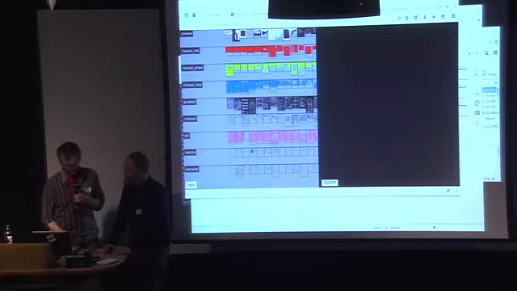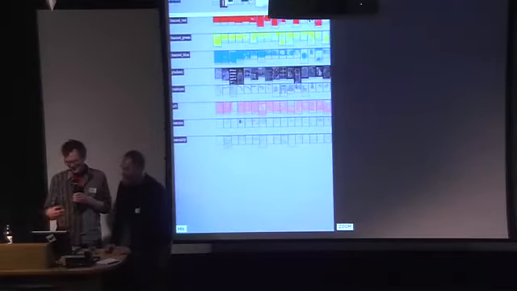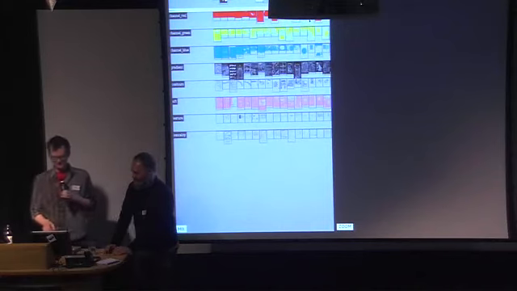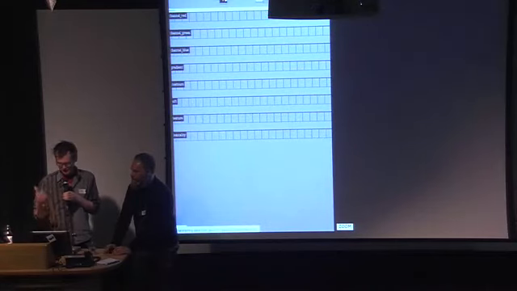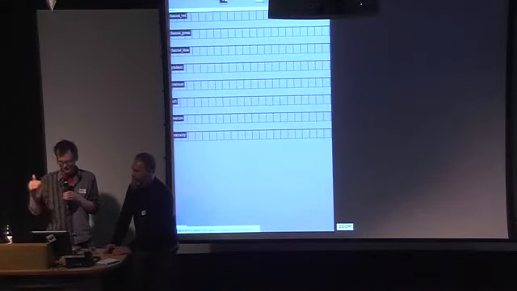Then, so this is an interface. We made a kind of interface where we wanted to look at images in their layers.